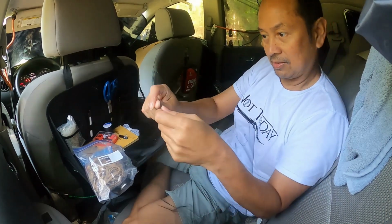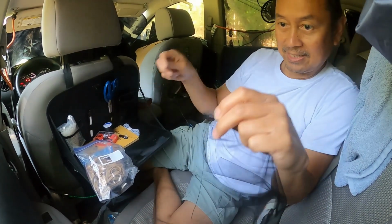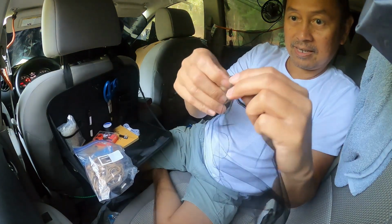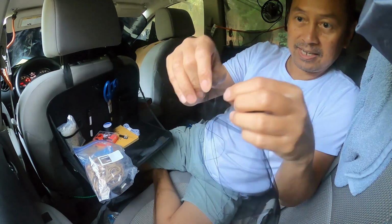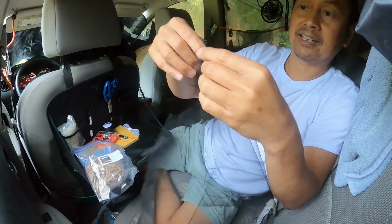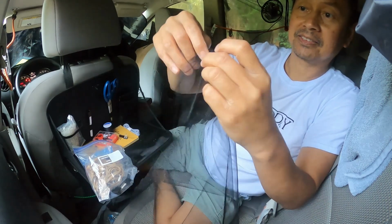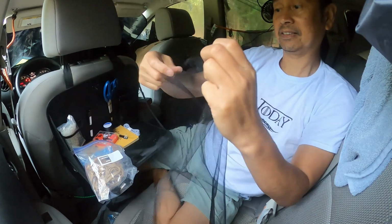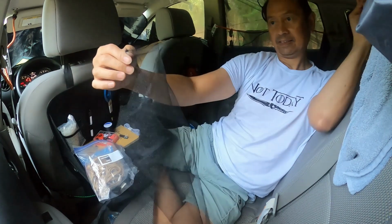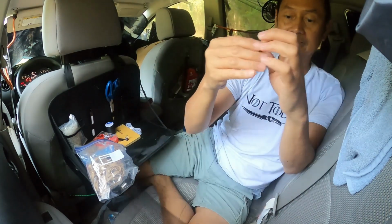So what I did is I just go in and up, in and out, in and out, so it's faster. You can cover more of the length of the sleeve. And then you just pull it through. And then since it's loose,